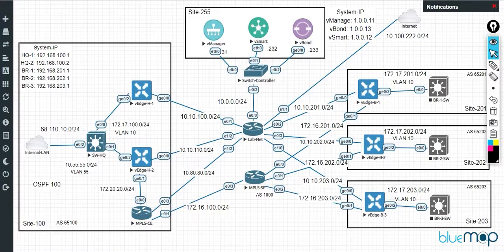Now obviously when this branch has a full mesh scenario, if I want to check connectivity from, let's say, this particular network 172.17.201.0 to, let's say, 172.17.202.0, obviously in a full mesh scenario the connectivity would be direct, right? That's what you mean by a full mesh. Everyone is connected to everyone. But what do we have to do today? We have to create a hub and spoke scenario.